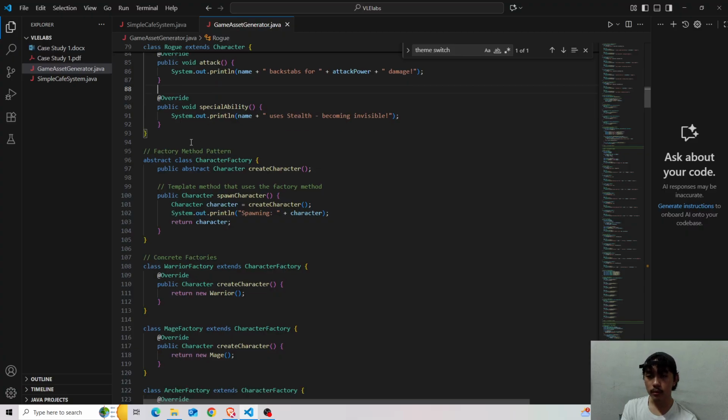So this is the factory method pattern, in which the abstract class character creates an abstract factory, right?